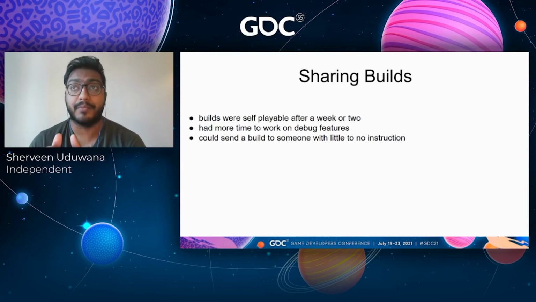When I shared the build with people for the first time, it had a menu in the top right corner. You could skip a particular room of enemies, or play whatever dialogue event you wanted to break the game and get into a particular state. And you could switch between the hub and the dungeon at any point. Normally, if you're working on a prototype, you don't always have time to make those debug features, and it's really difficult to justify spending time on that. But having the menus, having saving meant I could just send a build to someone.